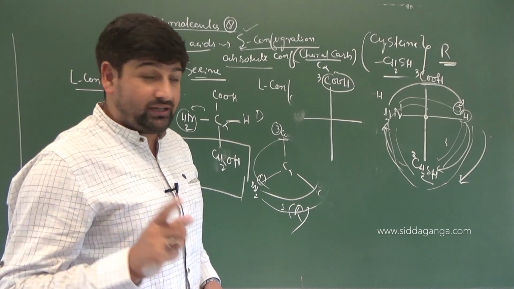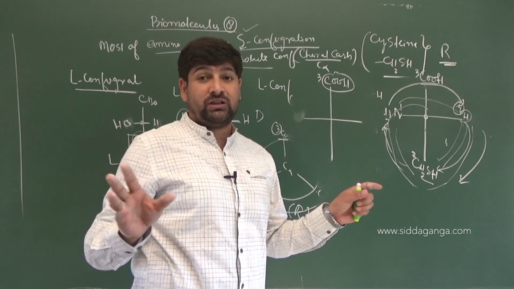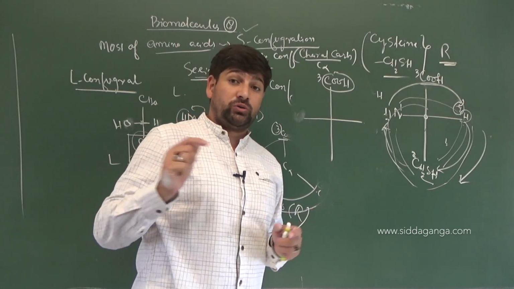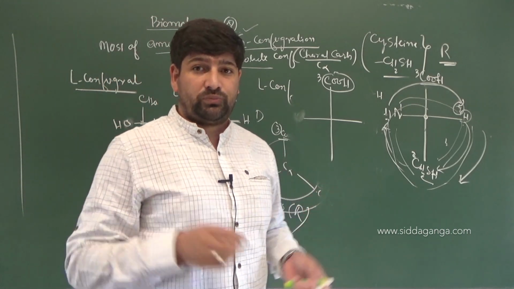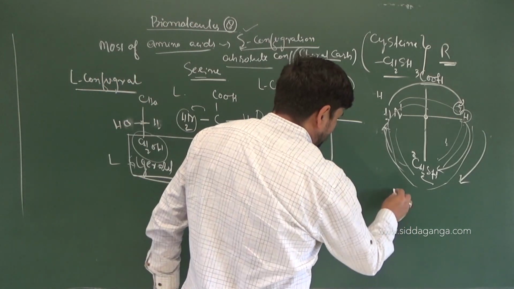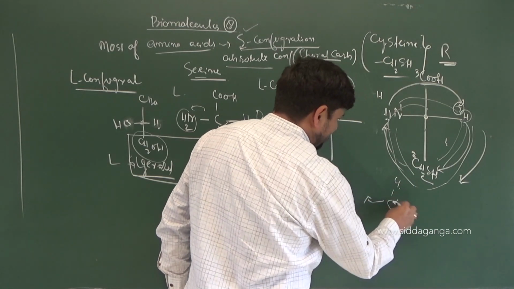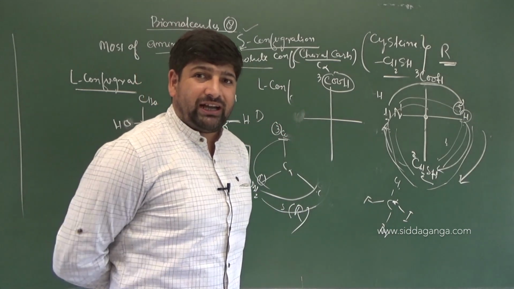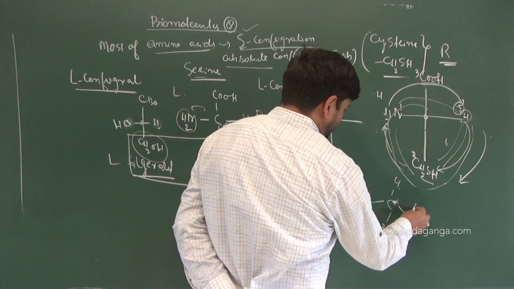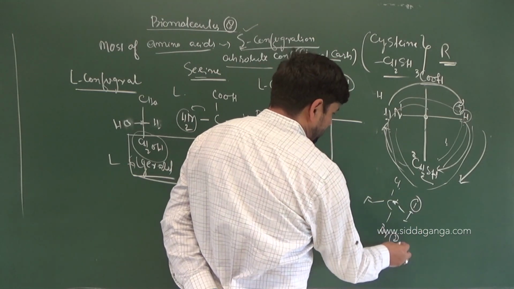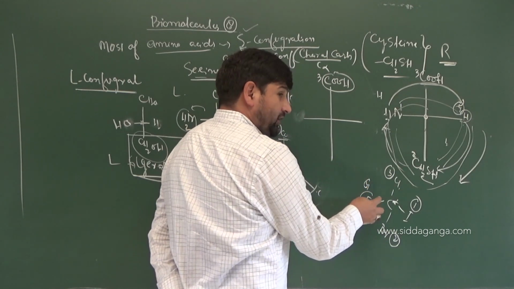Right? Keep it in mind, in JEE, they will ask questions in this pattern only. They won't give you a direct amino acid in different configurations. Maybe wedges and dashes will be given to you. You need to see not only hydrogen, it's not with respect to hydrogen. Lowest priority group. Suppose around the chiral center we have chlorine, fluorine, bromine and iodine. This is the chiral center. And if you are asked what is the absolute configuration around the chiral center, then fluorine, chlorine, bromine, iodine. Iodine will be number 1. Bromine will be number 2, chlorine will be number 3, right? And fluorine will get the 4th number. This is the lowest priority.